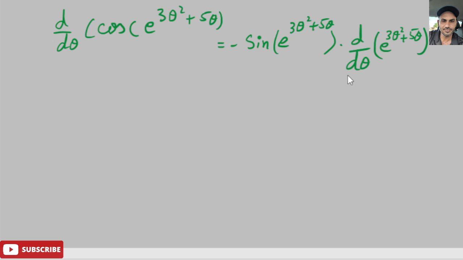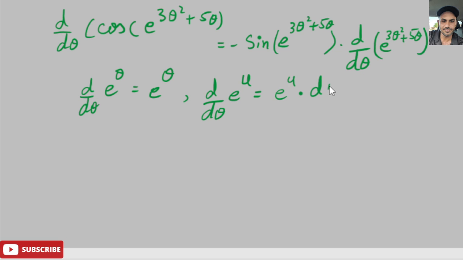Now we have another derivative right here. We know the derivative of e to the x, or e to the theta, equals e to the theta, and similarly the derivative of e to the u, where u is a function of theta, equals e to the u times du over d theta. So here u equals 3 theta squared plus 5 theta in this derivative right here. So when we take the derivative of this, we get